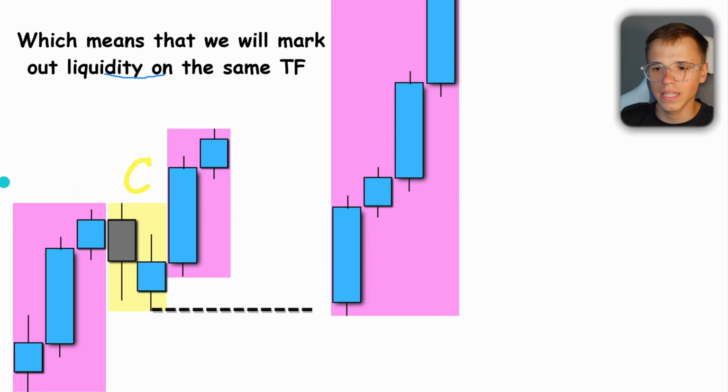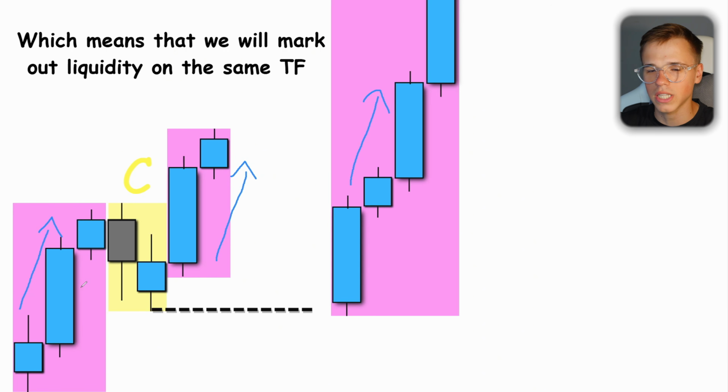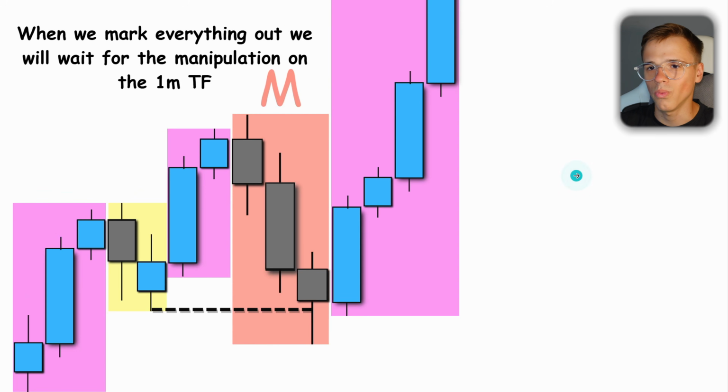The next step is corrections, and we are also going to do that on the same time frame, but this time we are just going to mark out the liquidity. So we are going to mark the liquidity on either the 1 hour time frame or the 15-minute time frame. And right now, of course, we know the market direction, which is clearly to the upside, because you can see these moves pretty obviously. We see little corrections like these, where we are going to mark out where the stop losses are, where the liquidity is. After we mark them out, we can go down to the 1 minute time frame, as you can see right here,